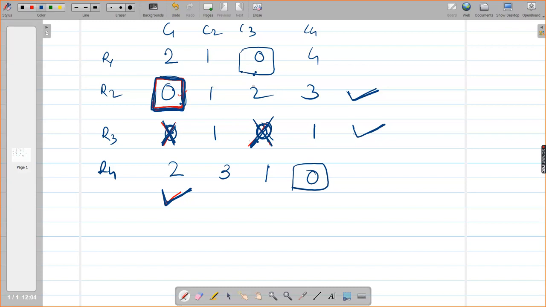Yes, ma'am. तो मैं बताओ मुझे मैं किसको अभी टिक करूं? ये जीरो असाइन नहीं हुआ है. क्यों नहीं हुआ ये जीरो असाइन? Because there is some zero above or below which is assigned in this column. ये कौन से कॉलम को बिलोंग करता है ये जीरो? This zero belongs to which column? C3. So I have to tick that column. Now this zero belongs to which row? R1 row. So I am taking that row also. Is that okay?